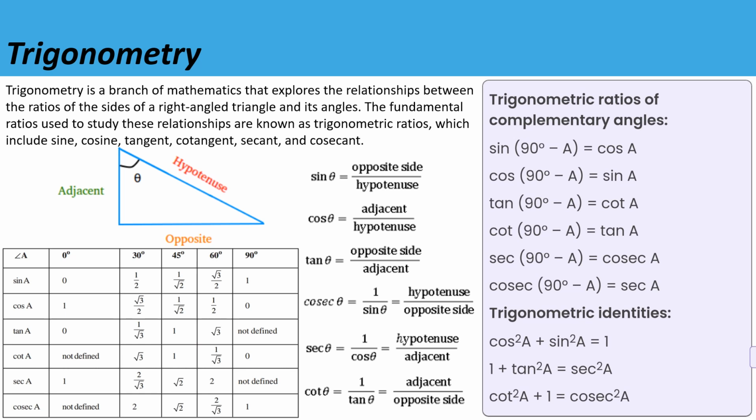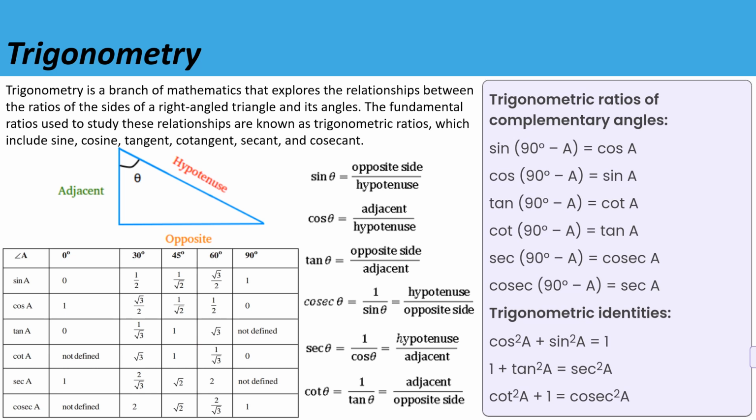Then we have these basic formulas or identities. These are again the basic trigonometric identities. Cos square A plus sin square A is equal to 1. Then 1 plus tan square A is equal to sec square A. So you have to remember all of these and you have to learn all of this. And these are from your 9th and 10th grade only, so you should be able to know all of